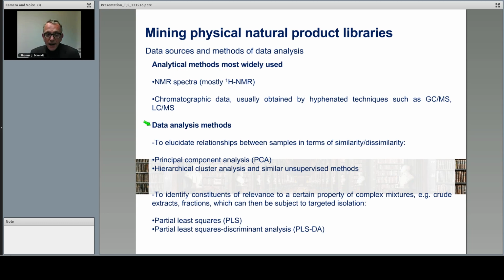And then, of course, we can apply data analysis methods to such analytical data to elucidate relationships between the samples in terms of similarity and dissimilarity: which features, which peaks, for instance, or which NMR signals are most significantly responsible for similarities between our samples. And of course, you can imagine we can use principal component analysis for such studies. We can also use methods of cluster analysis or other unsupervised methods, as we say,